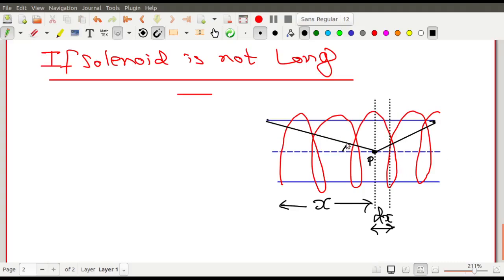This angle we consider to be theta 1, and this angle theta 2. I have said that both the angles are considered in the same direction, that is the clockwise. In your book it may be different, তোমাদের বইয়ে অন্যরকম থাকতেই পারে, don't get confused with that. And L be the length of the solenoid. Capital L is the length of the solenoid. Finite length, not too long. Right. আচ্ছা ঠিক আছে।